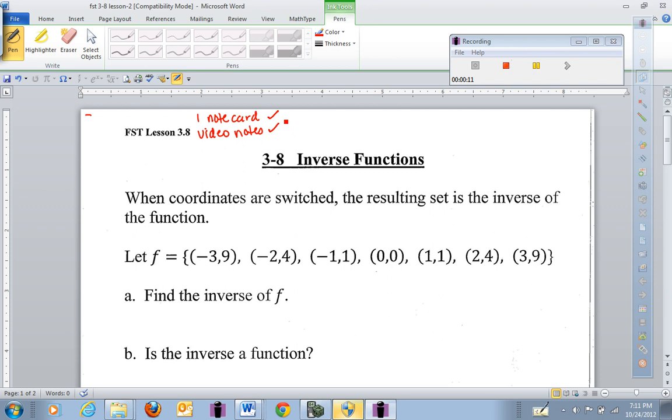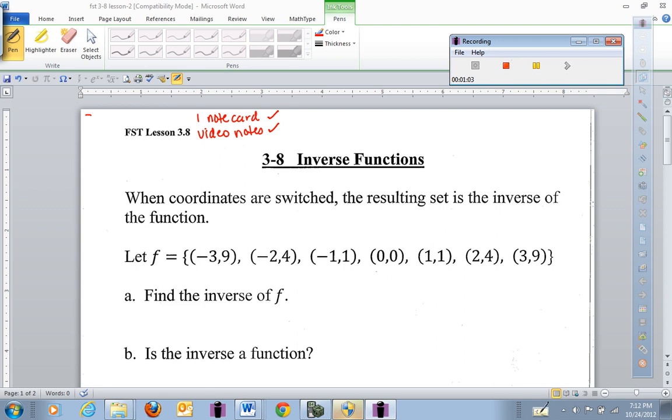So I want to go back through all of the ideas for finding an inverse and then checking to see if the inverse is a function, and then also talk to you about some of the ways that we can use the graph translation theorem and what we've been studying to determine whether we're going to be able to find an inverse that is a function. Okay, so to start,